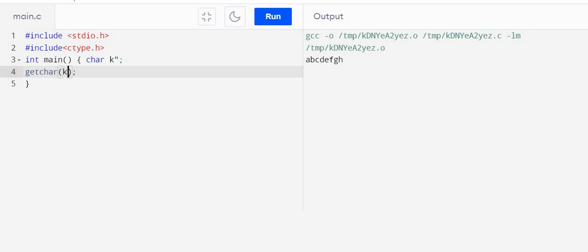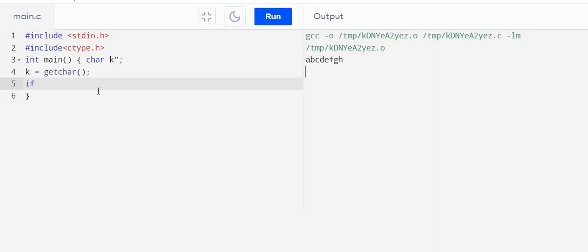getchar. And we have to give K equal to getchar. So getchar gets the character and this character is placed in the variable named K. So in this way we get this. After this, if we write putchar, then the character will be printed also. Now this character we will check whether it is a digit, whether it is an alphabet.